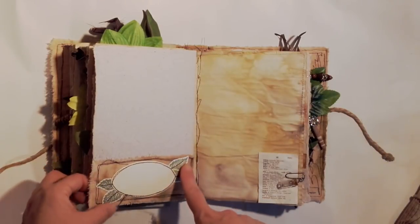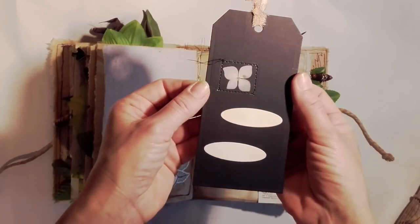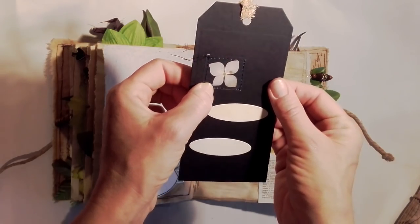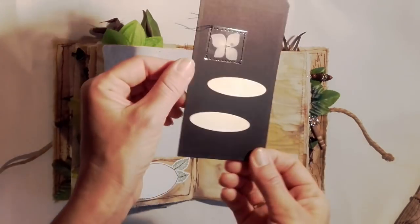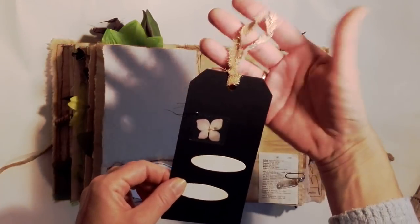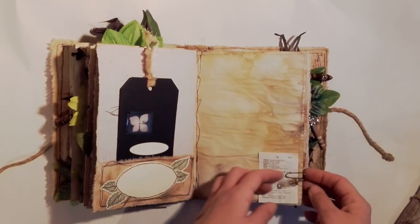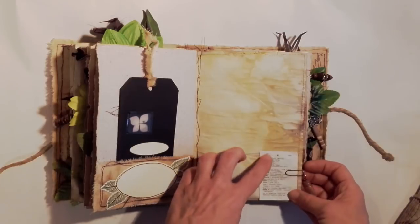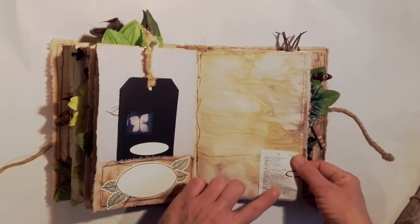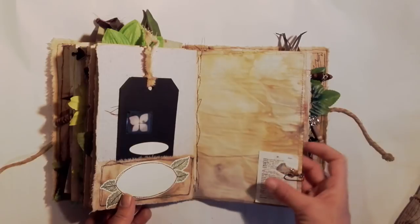There's a pocket here with some stamped and sewed leaves, and this beautiful tag with just a tiny piece of acetate with a hydrangea flower behind it, and then I added these two pieces of cardstock that you can write on the back of with your white pen if you wish. This is just a piece from a very tiny vintage dictionary, and in this little vial you have some...